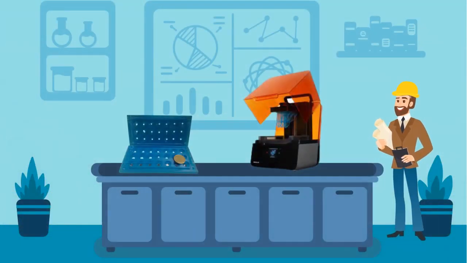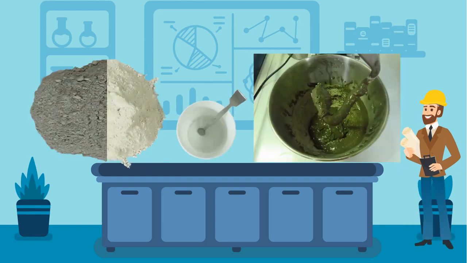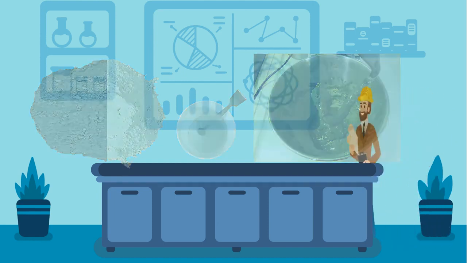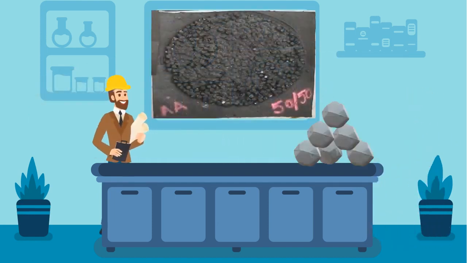First, we designed the artificial aggregate in a CAD software, and then modeled and printed into 3D molds. In the lab, using basalt powder mixed with metakaolin and added to a basic solution, it's possible to obtain an alkali-activated mortar that can be cast into the 3D printed molds. This allowed me to produce artificial engineered aggregates.